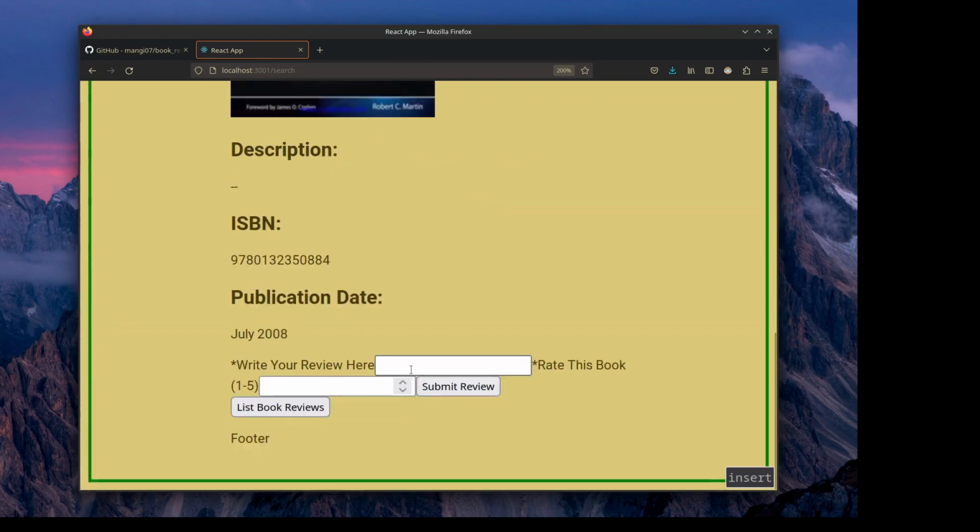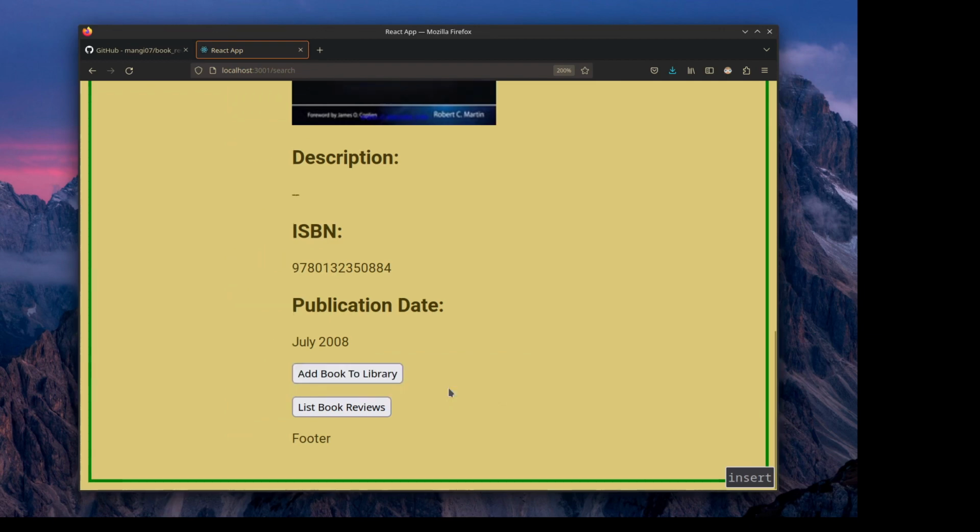And what I'm going to do is write a review here. We'll say that this book is really good, and so he's going to give it a rating of. And also, as you can see, it would be better to have these numbers restricted to 1 through 5. Some better input validation and restrictions on the field here, but that would definitely be an enhancement if I had more time. So I'm going to submit this review,